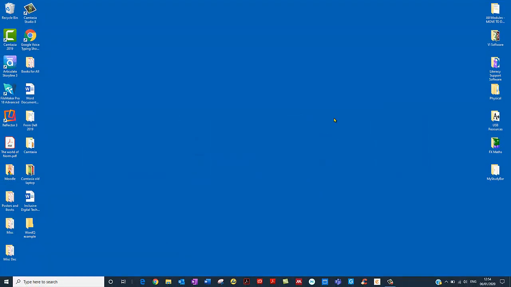Of course, you can also use this with the magnification software, make everything bigger, makes text bigger as well. So lots of